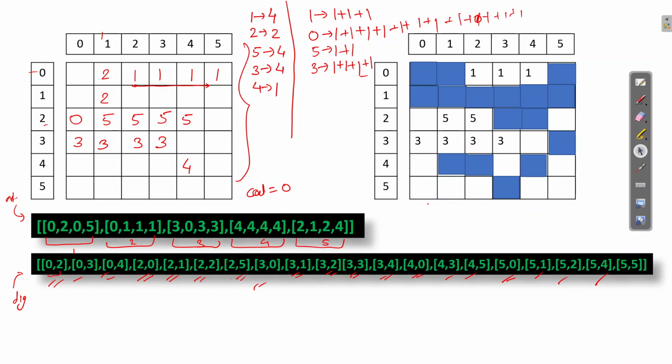Now, if you see this, when we dig up all these things, we have got these values. We have taken their count as well. So what we are going to do is, whatever we have got from the digging, we are just going to see, okay, for one, when we dig up, we get three pieces. So is it equal to the total number of pieces that we have in the artifact? Four, which is not. So no increase in the count.